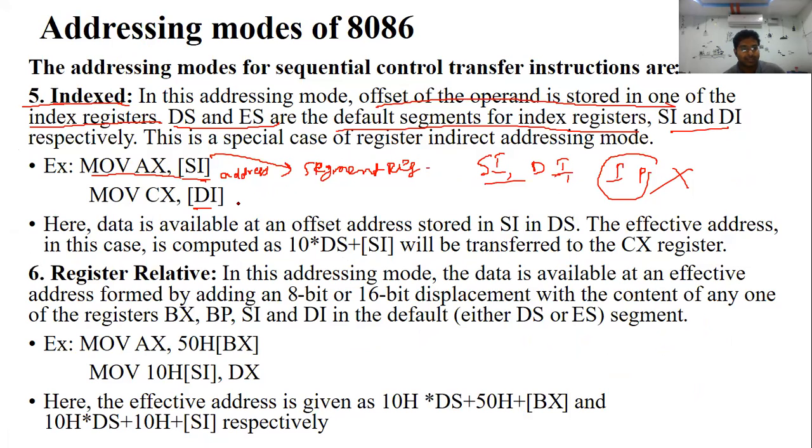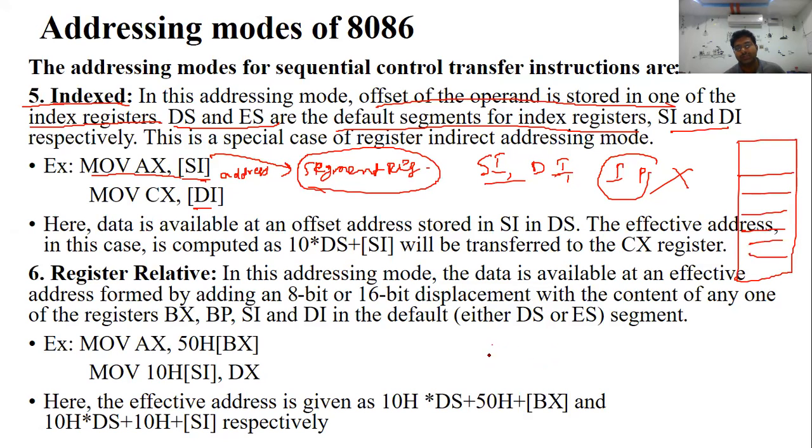Whenever you are representing an index register as addressing, why are you using this index register? To store the addresses of the segmented memory locations. You know these are addresses, the physical address. What is the physical address? Segment address plus offset address. So who can generate this address? The source index register and the destination index register.